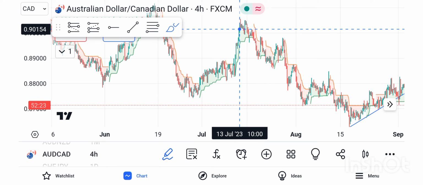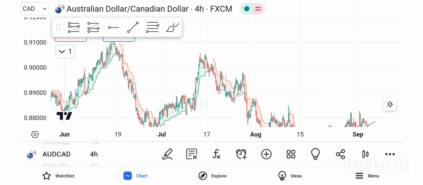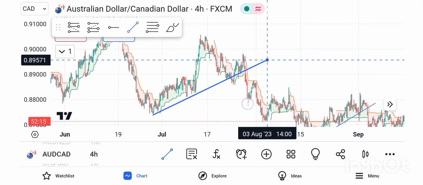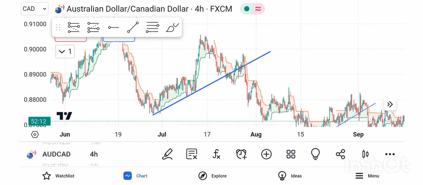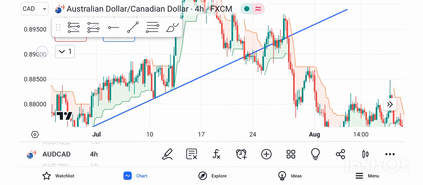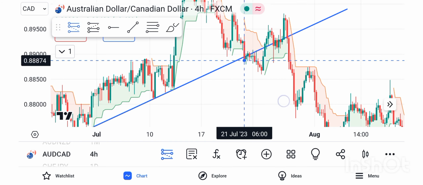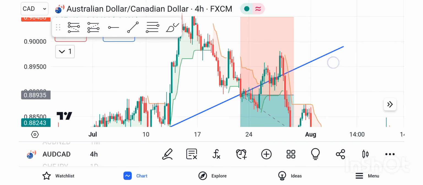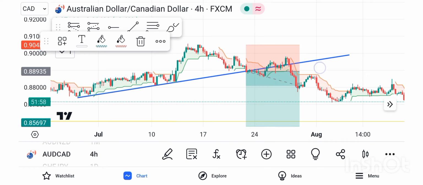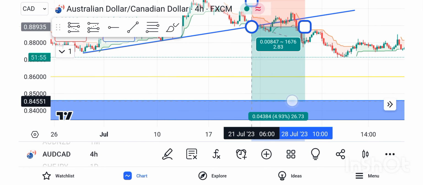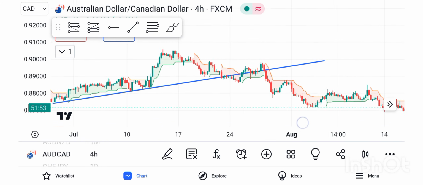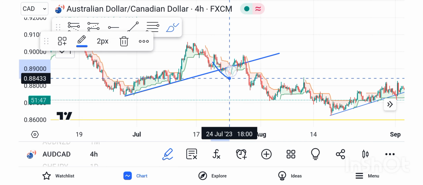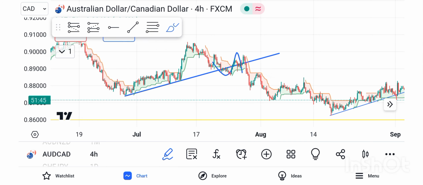And then now let's see, because I see this one is not as smooth as the others. So let's say we've drawn our line here like so, and then the break happens here. This is where the break happens. If you're taking your trade here, you're putting your stop loss here, it's a little bit too wide for me. Alright, I don't like that. So I'd rather wait for another opportunity, and as you can see, the market came down here and then created a new opportunity for us,